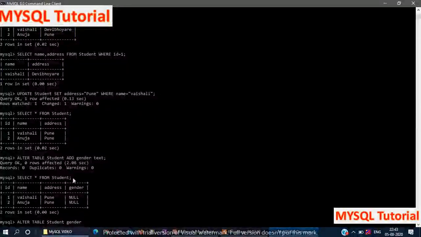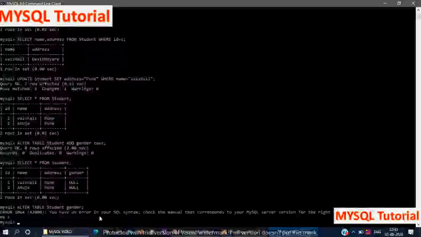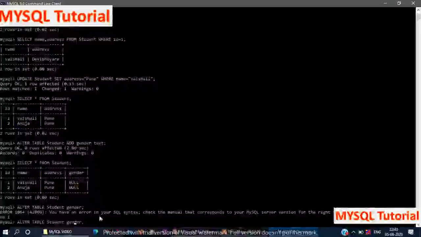But if we have to add a new column, there is a need for the column name as well as the data type. By using the drop command,